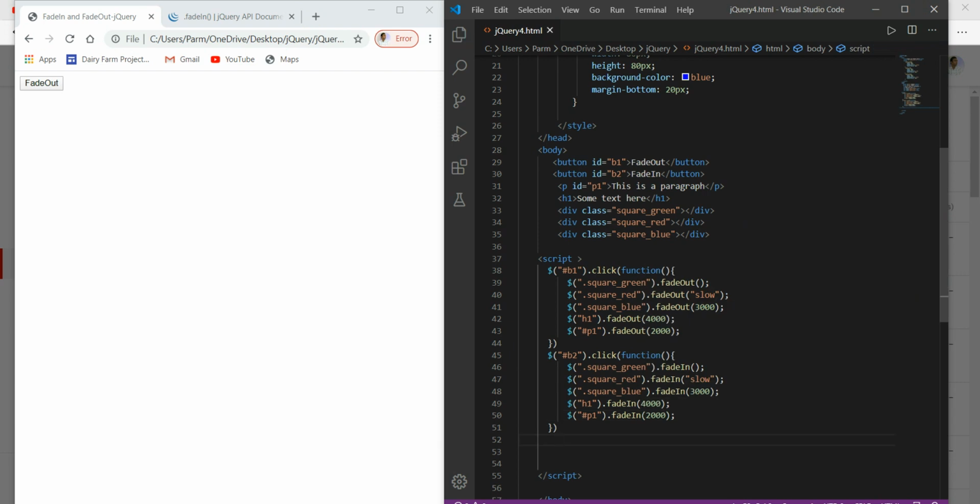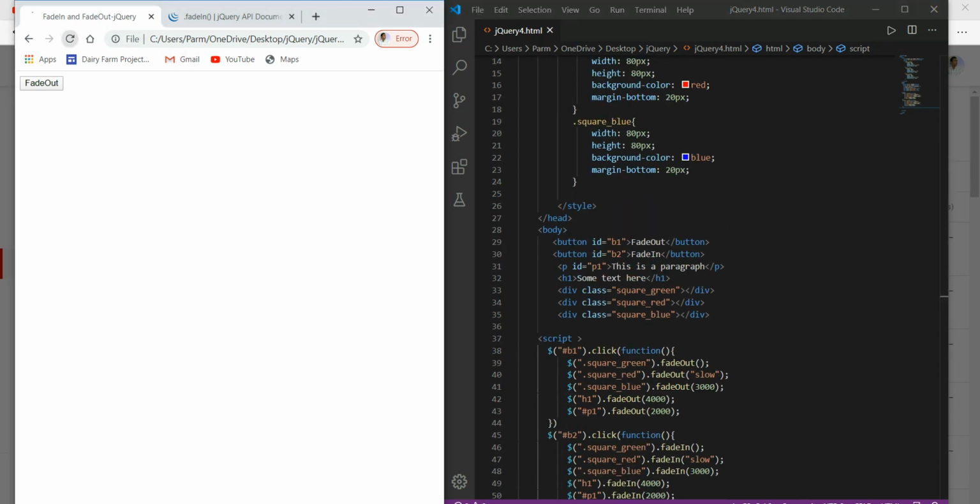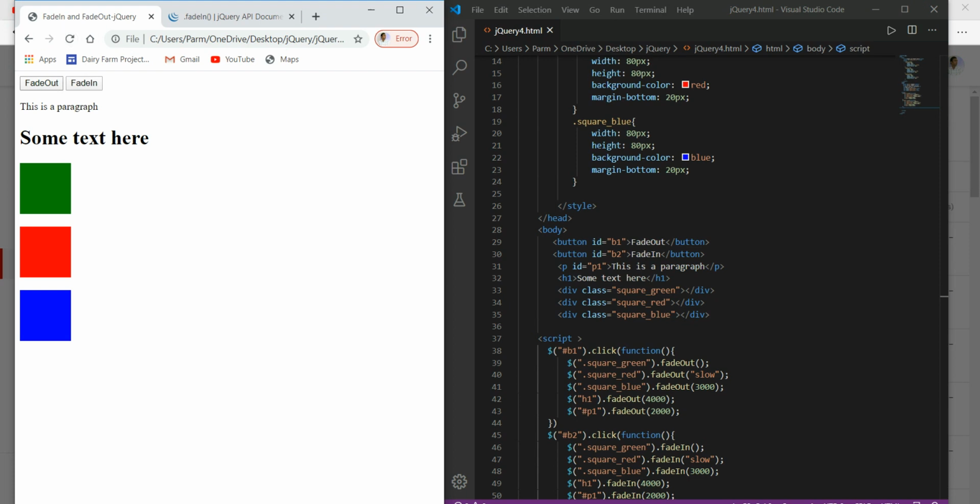Control S, save this and refresh this over here. If I click on this fade in, no text is disappeared, so till the time it will not work.